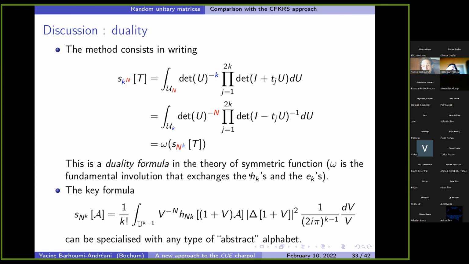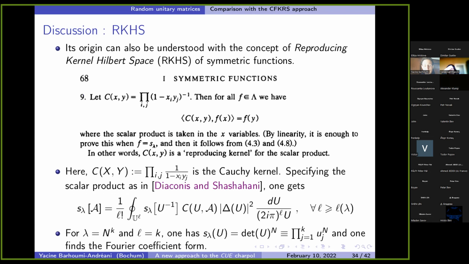So okay, this is to explain in terms of physics or algebra what is done. So there is one advantage in this formulation. You see that I still did not explain to you where it comes from. There is still a manipulation to do. But one advantage is to use an abstract alphabet here. You can do that. I can explain later if you want in the questions what I mean by abstract. Okay, so now